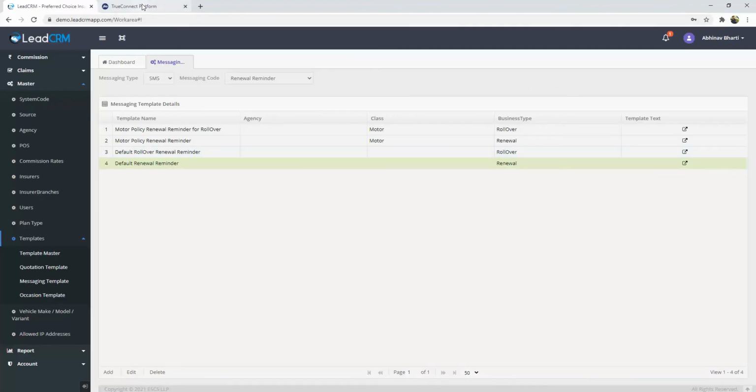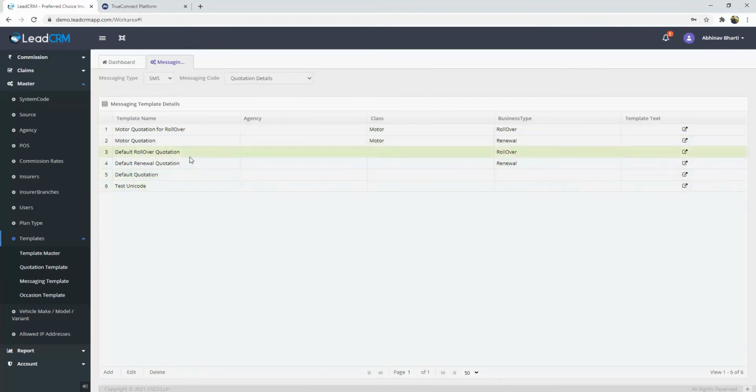Now the same thing you need to repeat with all the templates that you want to use to send SMSs to your customers. You need to select all the templates that you intend to use over a period of time. You need to select all the messaging codes. For example, if you want to send renewal reminders, these are the existing renewal reminder templates that we have bought. If you want to send quotation details, these are the existing quotation details templates that we have bought.